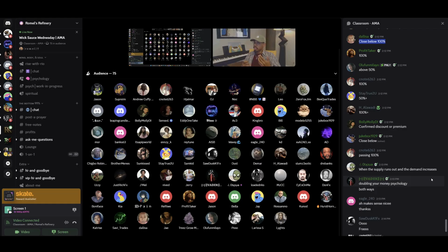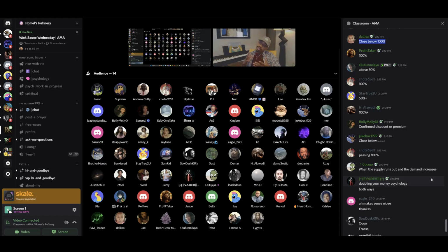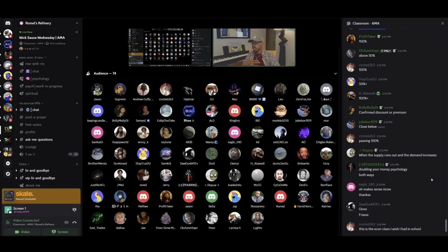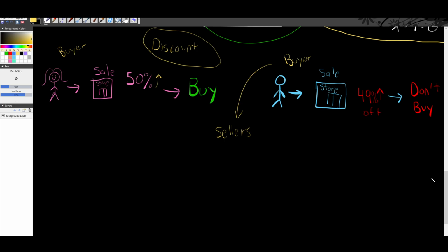Now, for those who said if price is above 51%, you get a C plus answer, because once again it's going to depend on what the market looks like. So in other words, right,